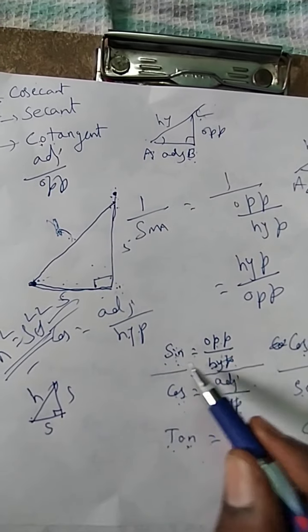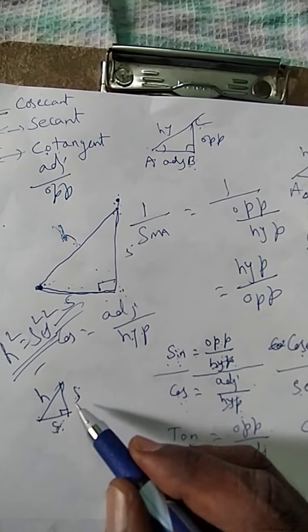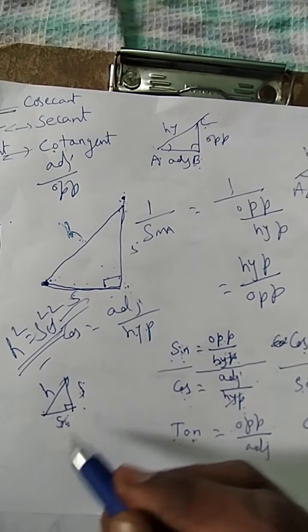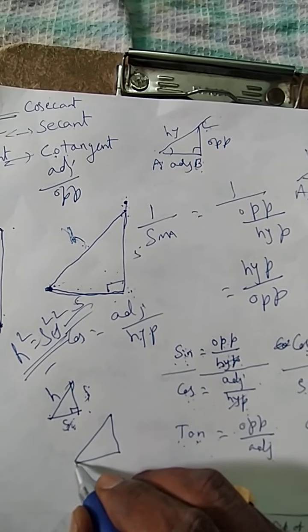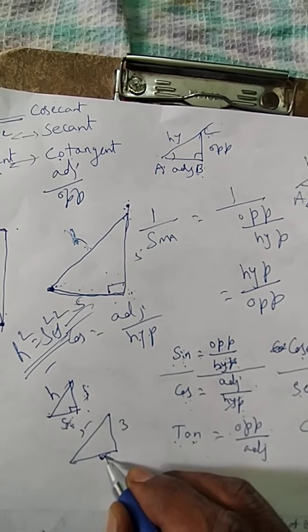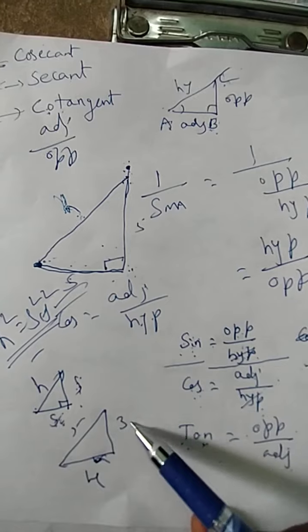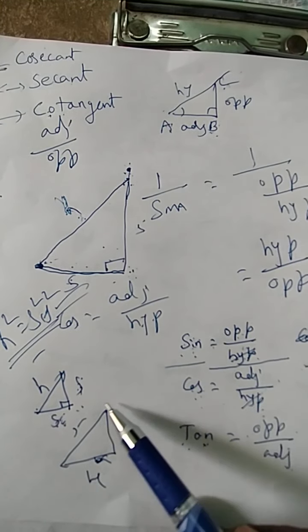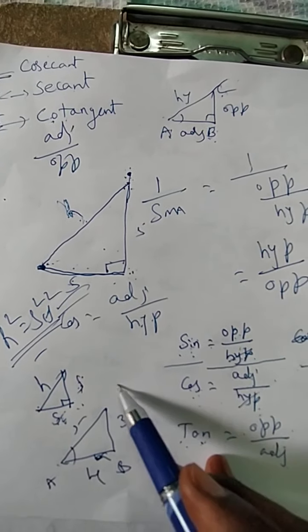In the formula, the other two are automatically the smaller sides, but which one is smaller of these two you don't know; it depends upon the problem. For example, 3, 4, 5 are Pythagorean triplet numbers. We already know that from our earlier classes. Here 5 is the longest side, and 3 is the side opposite to angle A in triangle ABC.